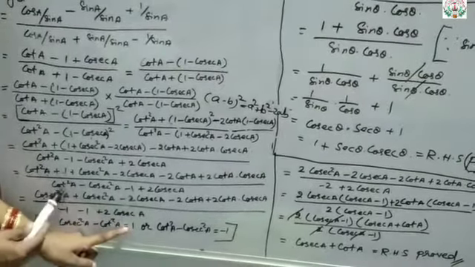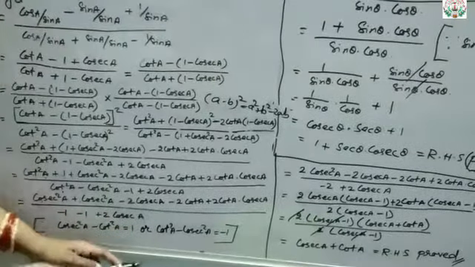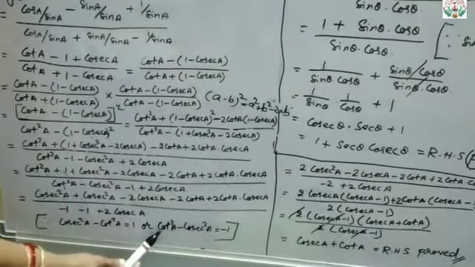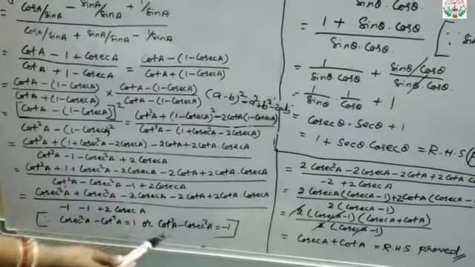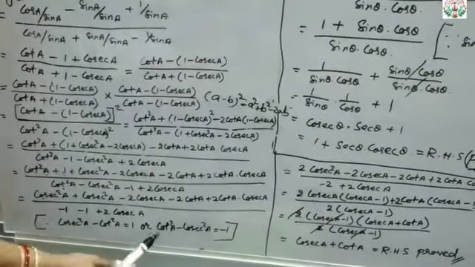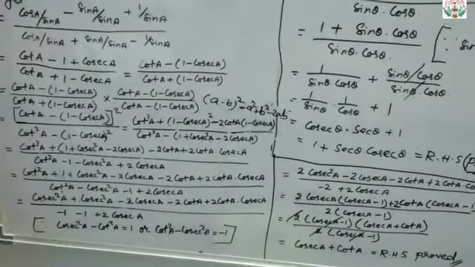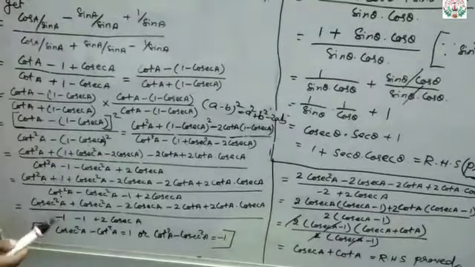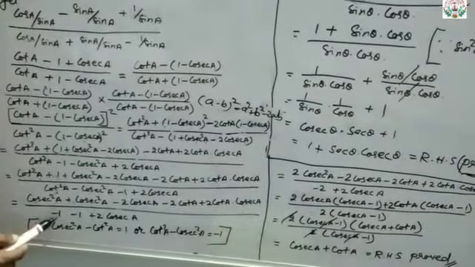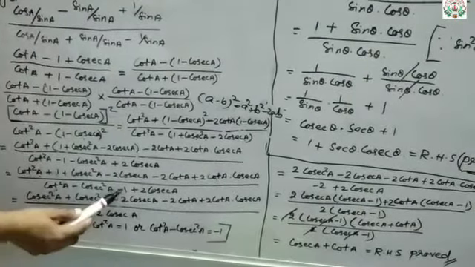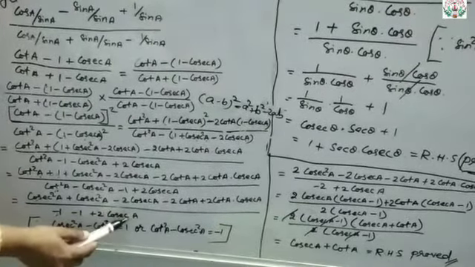But here what is given? You can see cot square is first, not cosec. So we will take minus common. If I write cot square A minus cosec square A, same formula, if I take the minus sign common, what do I get? Cot square A minus cosec square A equals minus 1. Clear? So now we will put the minus 1 value here. This cot square A minus cosec square A will be minus 1. So minus 1, this is already minus 1, plus 2 into cosec A in the denominator.